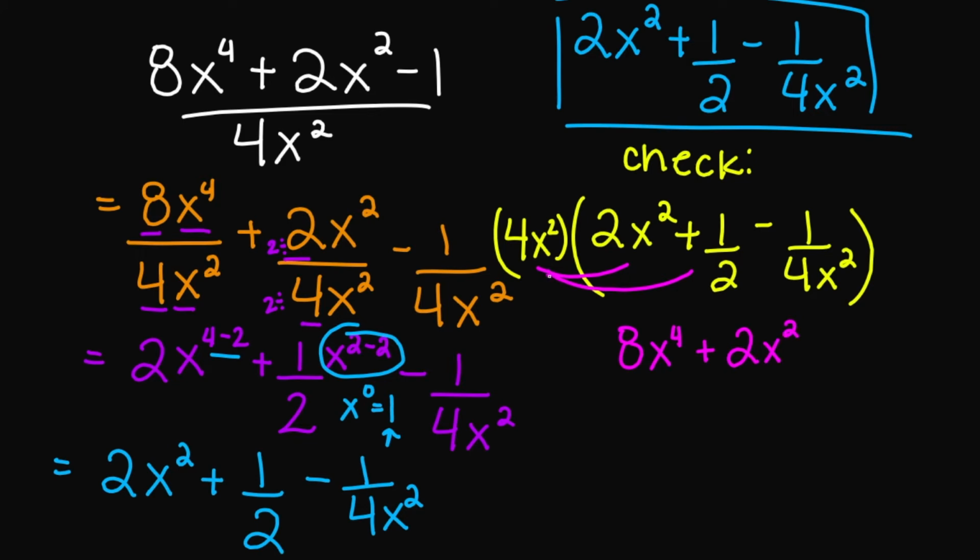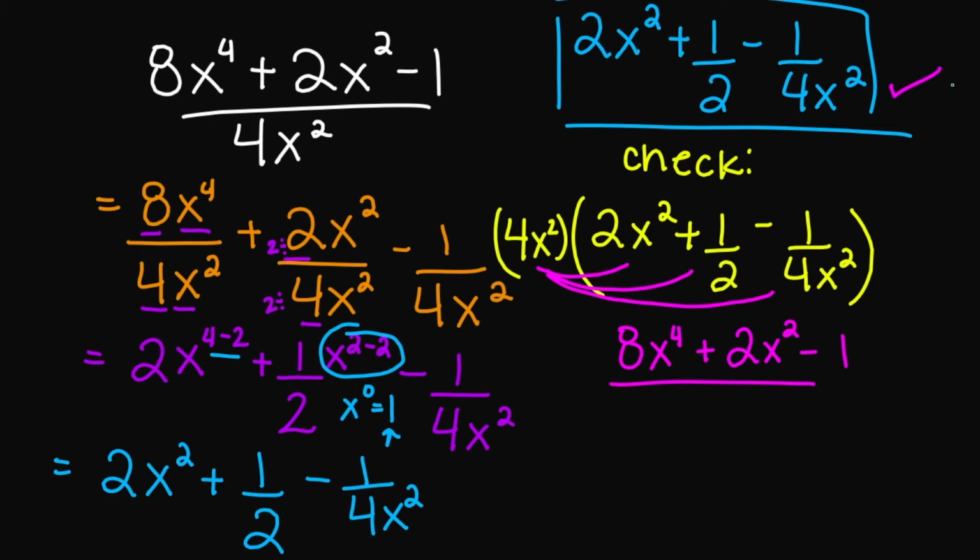And then we have 4x squared times 1 over 4x squared. This is going to equal a negative 1. So by checking our answer, it took us back to the original problem, so we know this is the correct